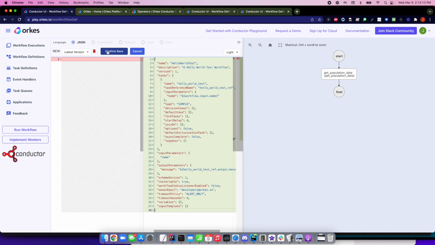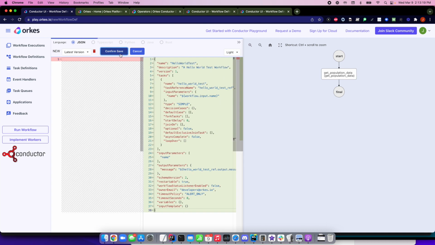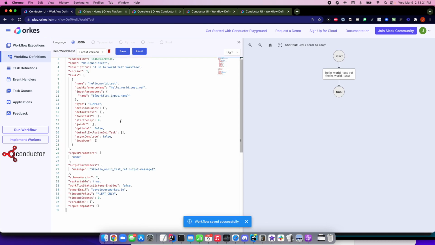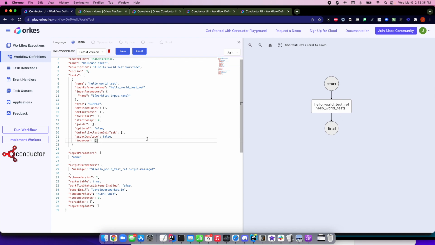So go save this, and you can quickly see a diff of what's changed. Confirm that, and we have your very first workflow defined, and you can see that the UI has also refreshed, and you can actually see this stuff in the UI as well, right? All right, and this is one way to define your